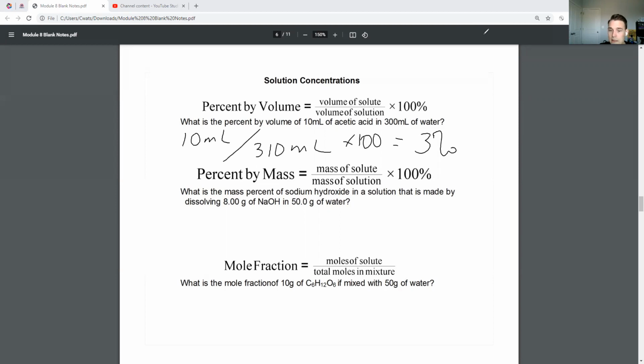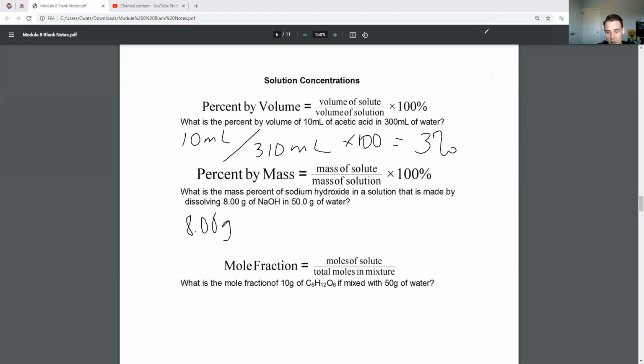Percent by mass is the mass of the solute divided by the mass of the solution multiplied by 100. What's the mass percent of sodium hydroxide in a solution that's made by dissolving 8 grams of sodium hydroxide in 50 grams of water? So when you dissolve a solid into water, it's typically going to have a density of